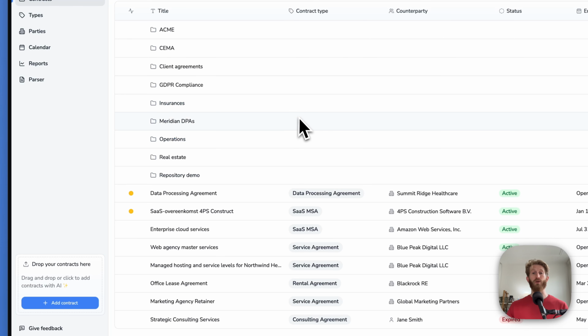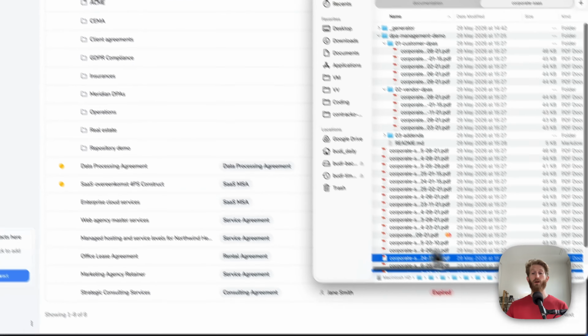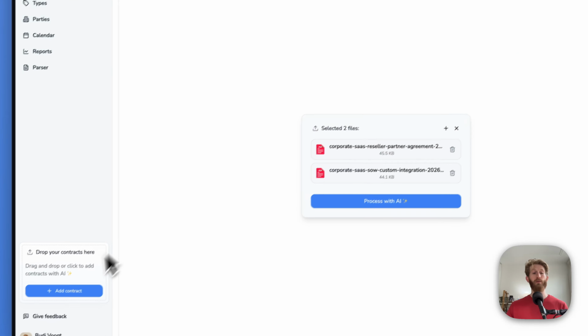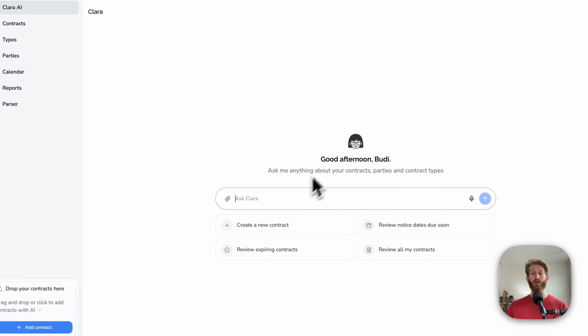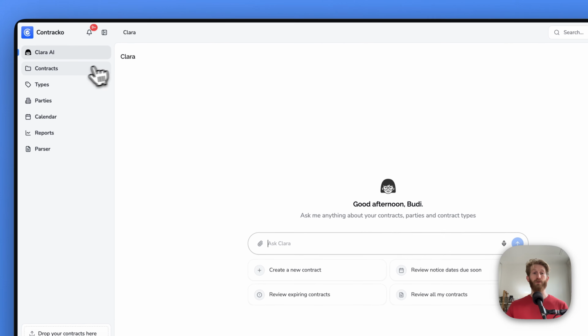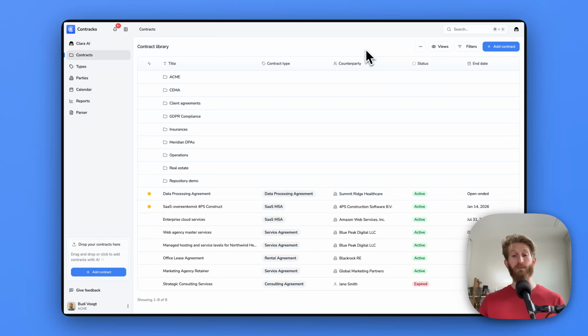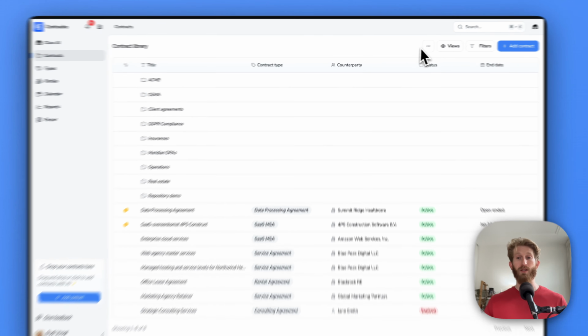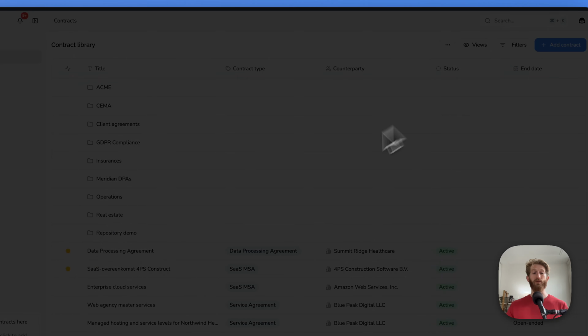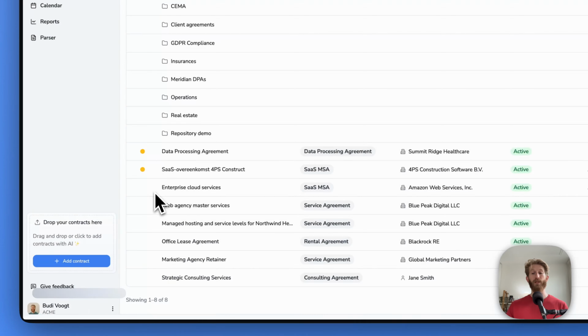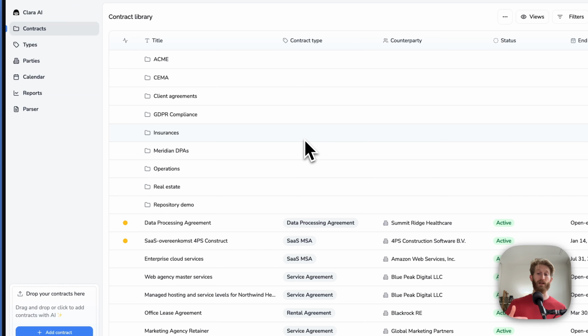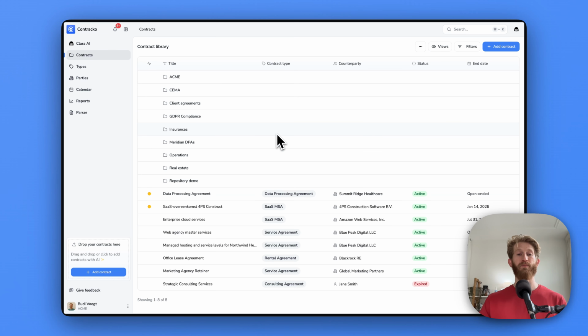Ingesting contracts is easy. You can add them manually and fill in the information, or you can drop them individually or in bulk on the table, on the sidebar, or you could talk to Clara AI, who will handle it for you. Additionally, we have other ways to get contracts in, like connecting Zapier, which could connect to your CRM or your cloud storage solution, so that if you add anything to a folder, it comes in. And we also give you a dynamic email address, where if you email here, it'll be ingested, analyzed by AI, and prepared for you automatically.